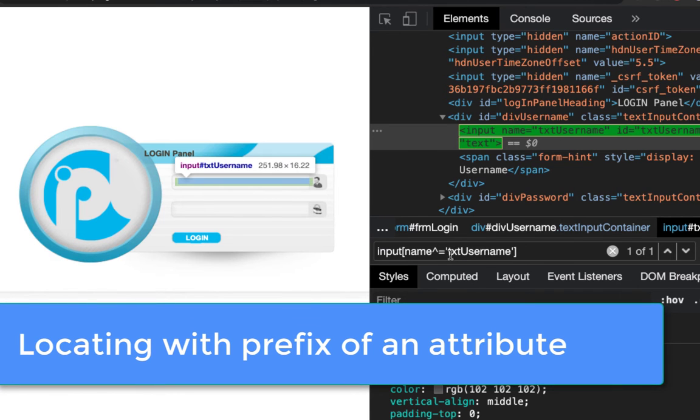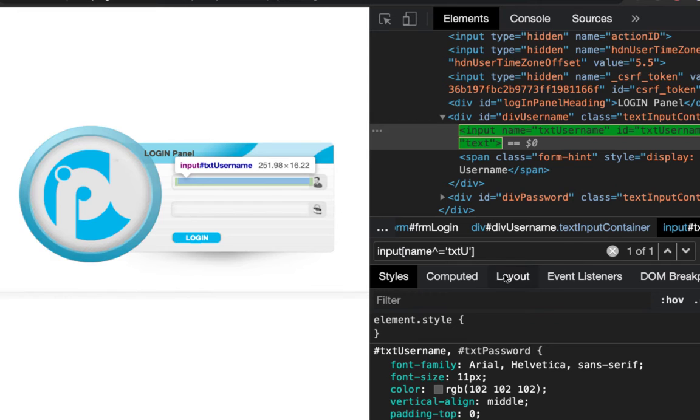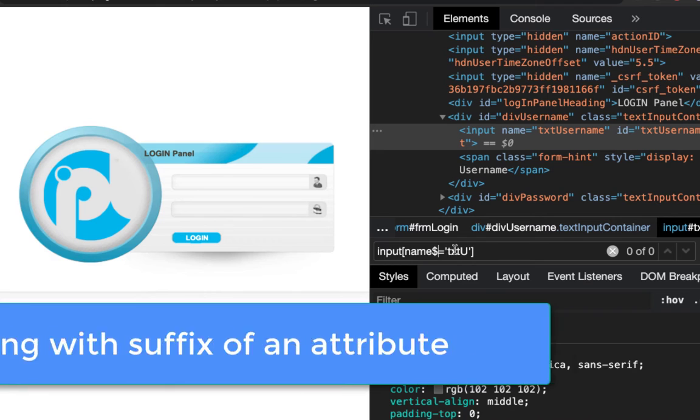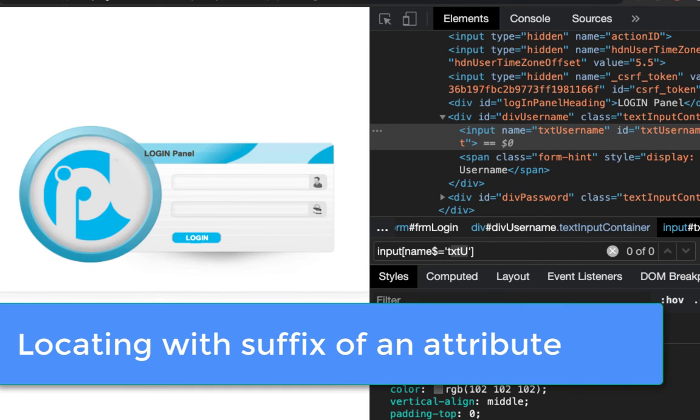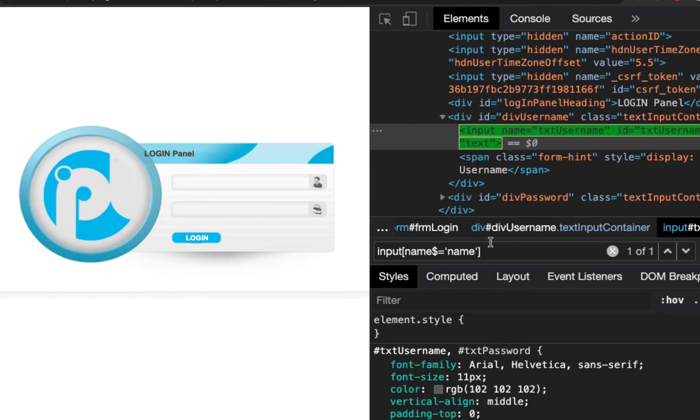Let's see how to locate an element when you know a prefix of the element is static. So you can use the caret sign. When your suffix is static, you can use this technique, dollar sign before the equal sign and give the suffix of the attribute value to locate the element.